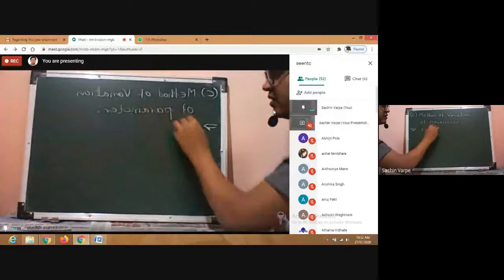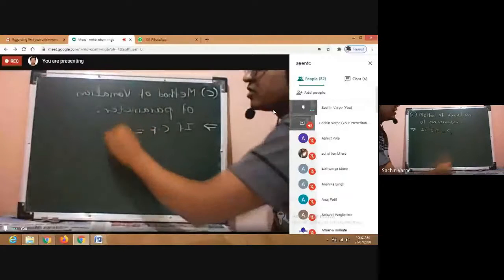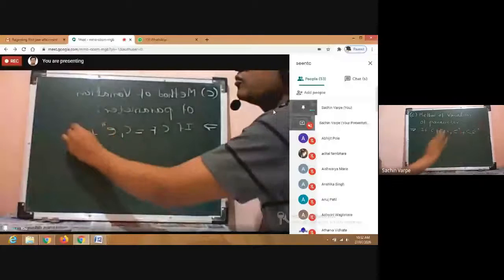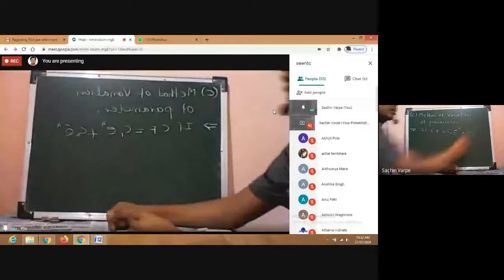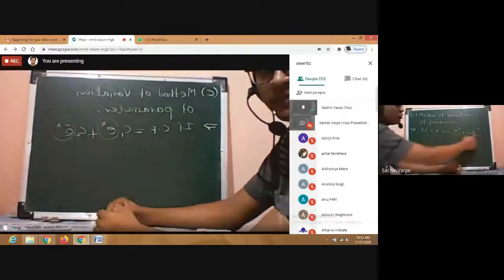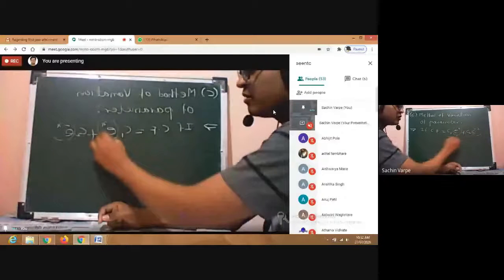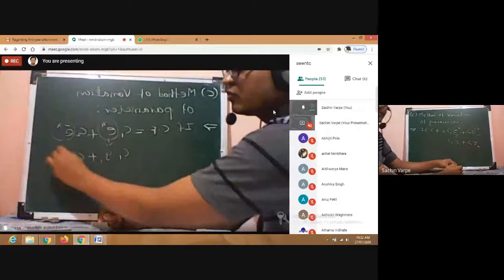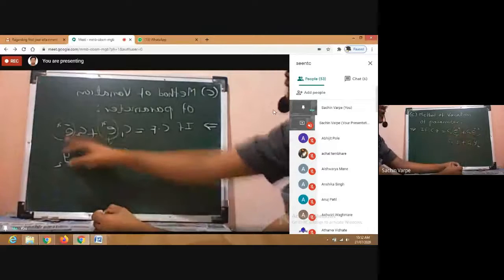CF is equal to C1, let us say e raised to x, plus C2 e raised to minus x, for our convenience, isn't it? So e raised to x and e raised to minus x are the 2 functions of x here, right? Let me denote those 2 functions in general by y1 and y2. So C1 y1 plus C2 y2, where y1 and y2 are the 2 separate functions of x.